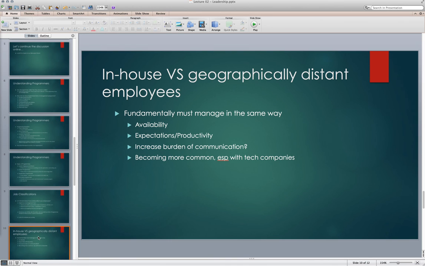If you like to work at night and I need someone to work during the day, you're probably going to have issues. And so those expectations need to be set up front. Oftentimes, working with a lot of people that have worked from home, they tend to get an expectation that as long as they're getting the work done, they can work whenever they want. And that's fine if that's the expectation that's set. But if you don't set that and that's the way they want to work, it might cause issues, because then they might not be available when you need them.